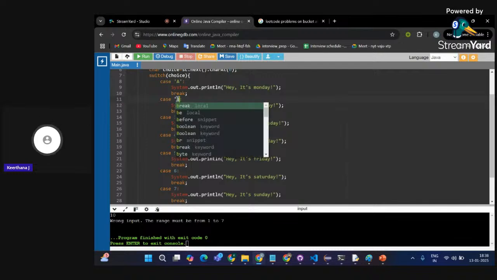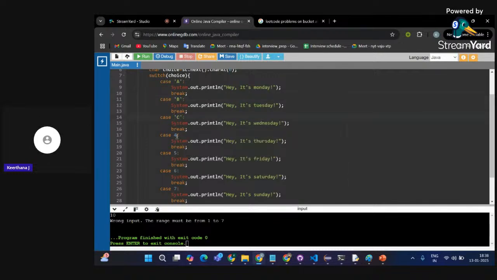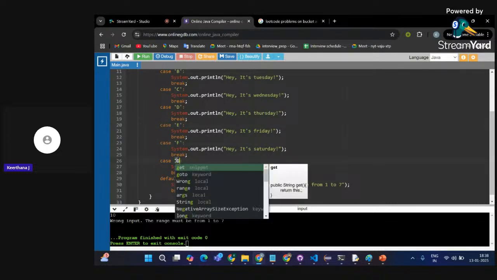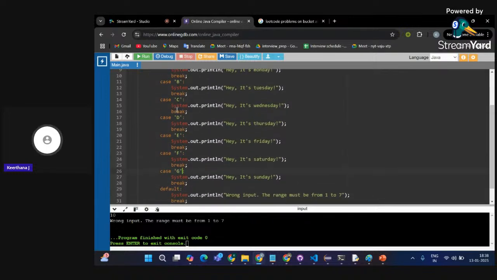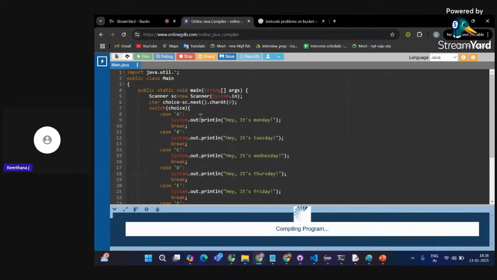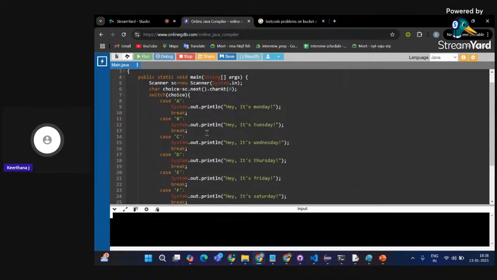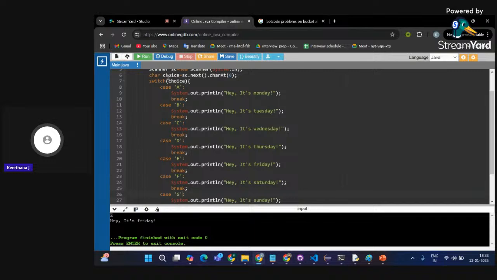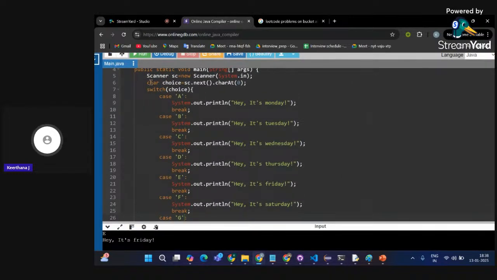If I'm giving A, then it must print like this: A, B, C, D, E, F, G. So I'm going to get a character input. If I'm passing E, it's getting printed Friday. So the variable which I'm going to pass inside the switch case must map with the value which I'm giving in the case.